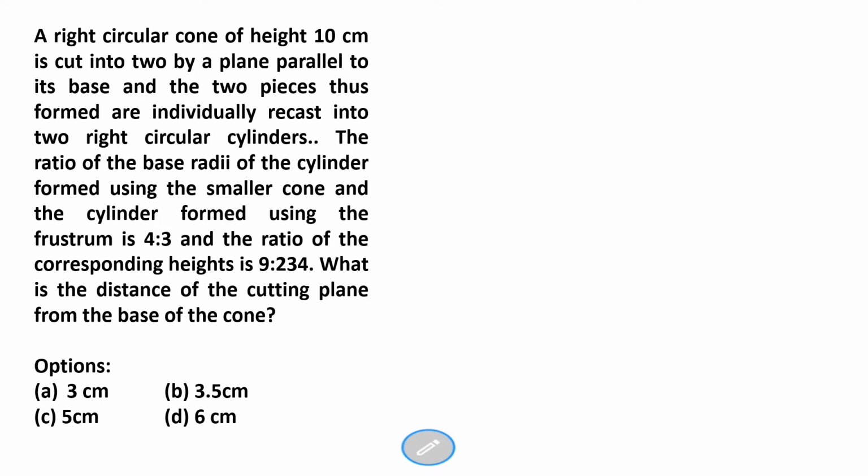Some people have an idea that they are very good at mathematics, very good at solving mathematics questions. So this is the right choice for you. If you are good at mathematics, this is really a good question for you. And if you feel that you are not that good at mathematics, this kind of problem will definitely enhance your knowledge and your visualization in mathematics, specifically geometry related questions. So going ahead, be ready with your pen and paper.